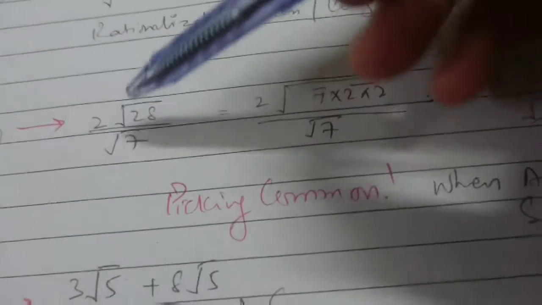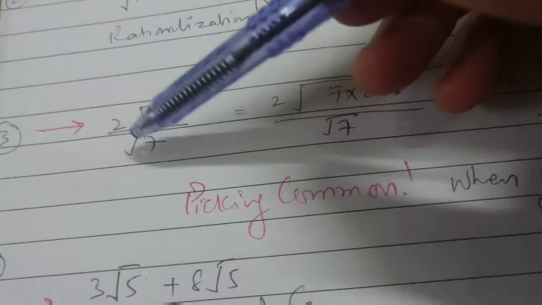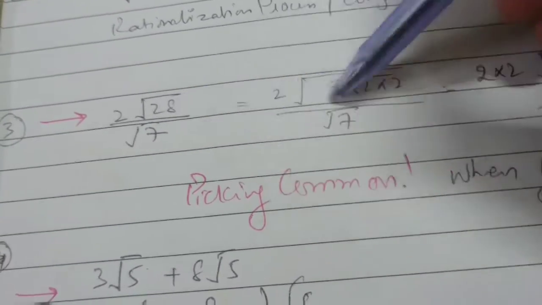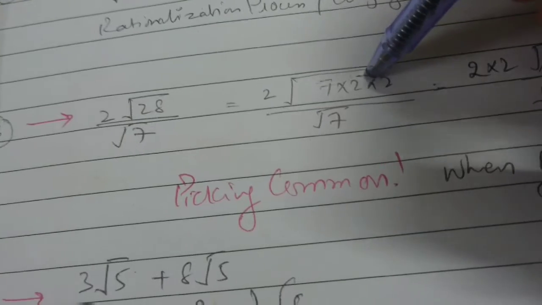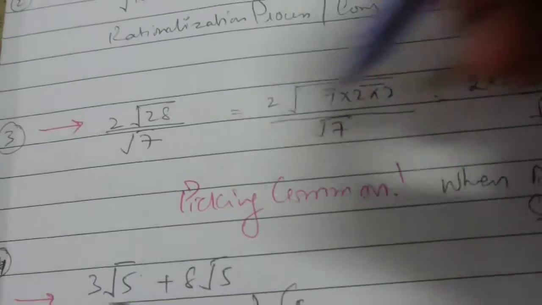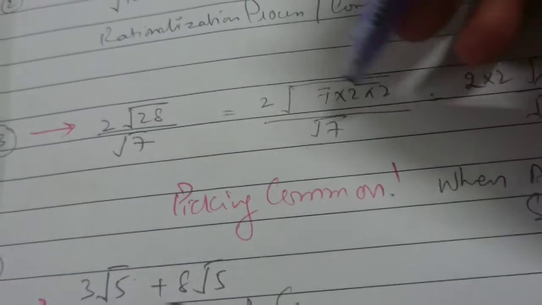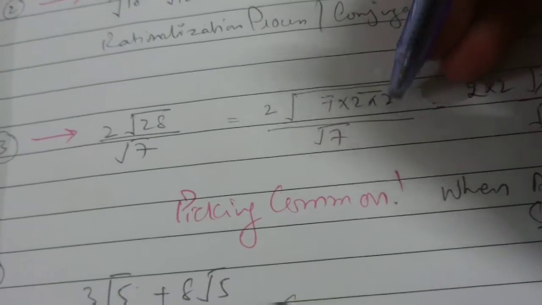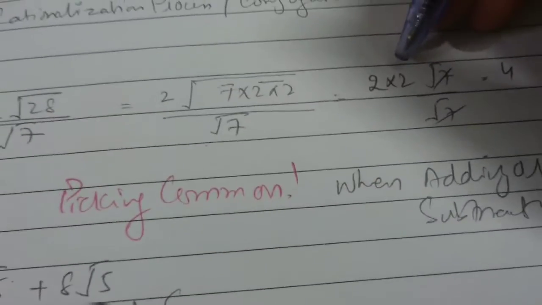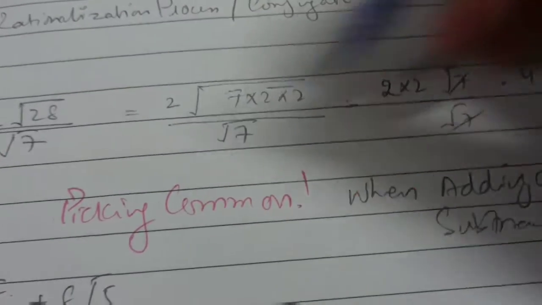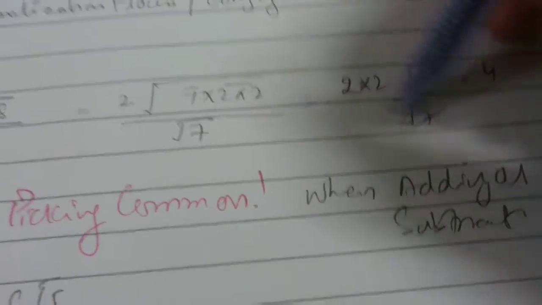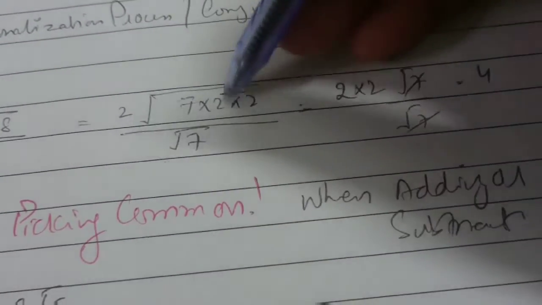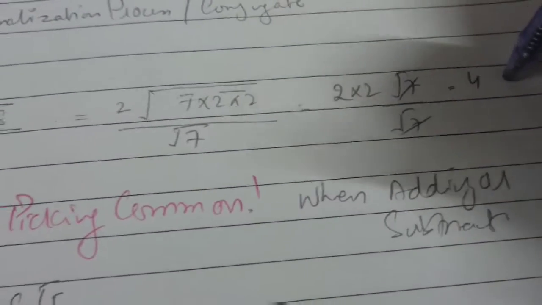The question I have here for you is 2 root 28 divided by root of 7. What you're going to do is take the LCM. The LCM is simple, 7 into 4. I just break 4 into 2 into 2. Seven 4s are 28. Simple as that. The pair will come out from the root. 7 will remain the same because there is no pair. Root of 7 and root of 7 will be cancelled. The outside value 2 will multiply by the pair 2 which came out from it, and that will become 4. Simple answer.